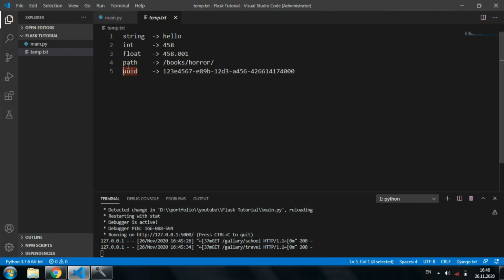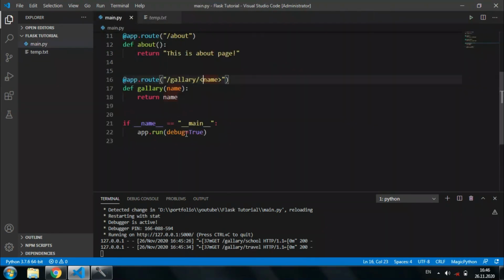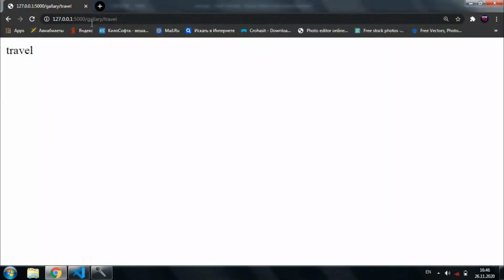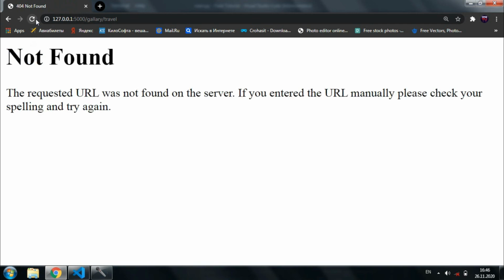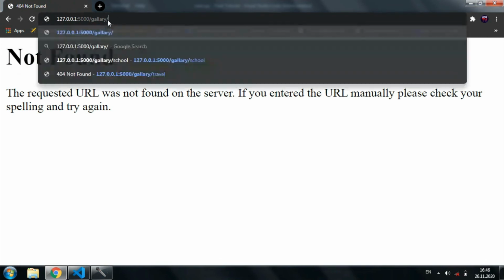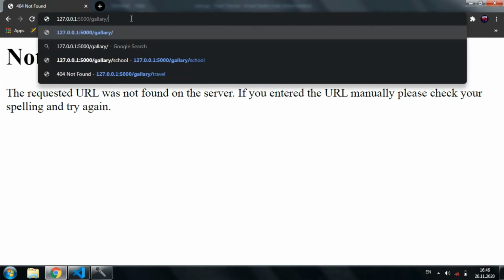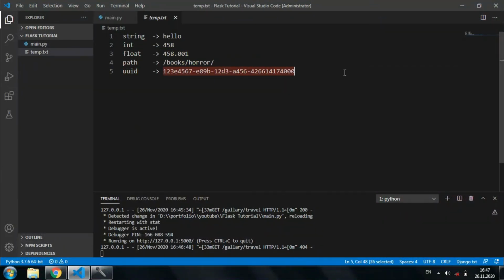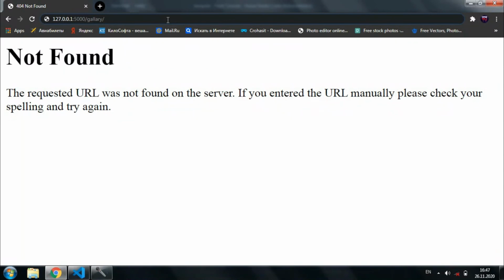Let's take this UUID word and put it here and make a colon and name. It just defines the type of the name variable. And let's run that. It's running already. And if we refresh, not found, because we are entering a string, but it only takes UUID arguments. Let's enter that, and if we hit enter,